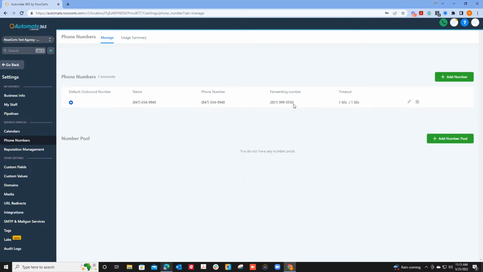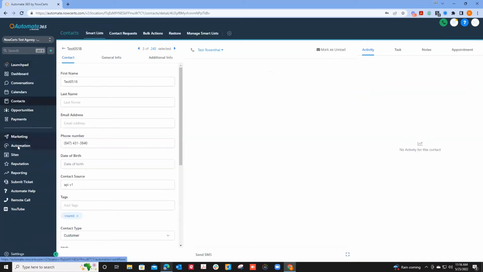Normally, like I said, this would be wherever you want, if you want to transfer to your cell phone or whatever system that would be. So that's kind of how that part of the system works, as far as adding that. Once you have your phone number added here, it's able to be used in other parts of the system. So if I come into